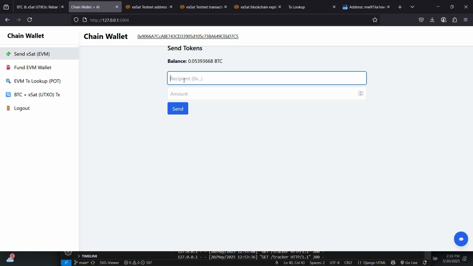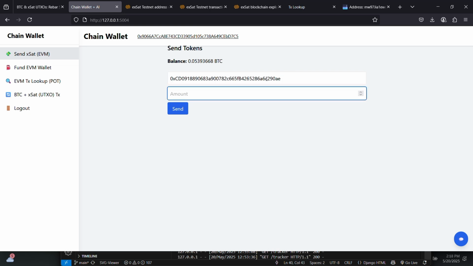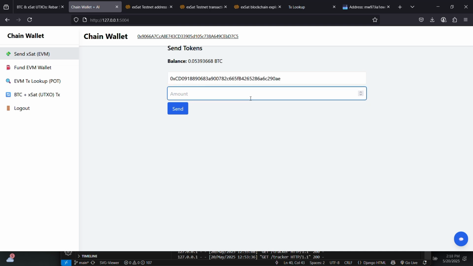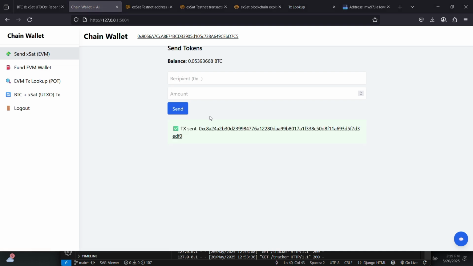Now we could send an amount to anybody who we want to send it to. So let's say, for example, we want to send it to a vendor. This vendor is selling assets, maybe digital books, and we want to pay for those digital books, and the price is 0.01 BTC. When we send this, we should receive a transaction ID. This transaction ID confirms that we have successfully bought it. It does not necessarily mean that we've crossed the threshold, but it just means that we've successfully paid for the commodity. Now, if we come to this checker, we copy it,